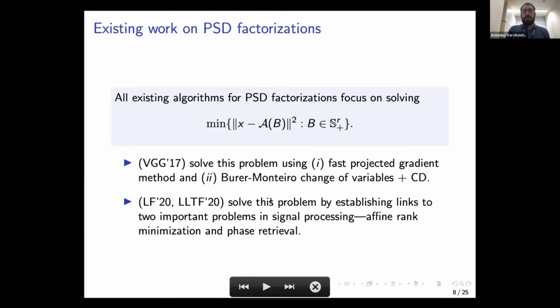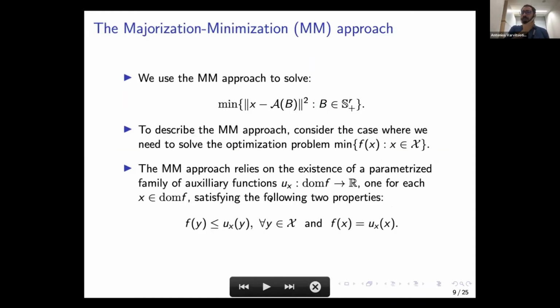But now what we're going to do is going to be different. We're going to try to solve this problem using the majorization minimization approach, which I'm guessing some of you might have heard of, maybe in the context of Gaussian mixtures. Probably many people have seen it. In any case, in one slide and without any pictures, the MM approach, at a very high level,